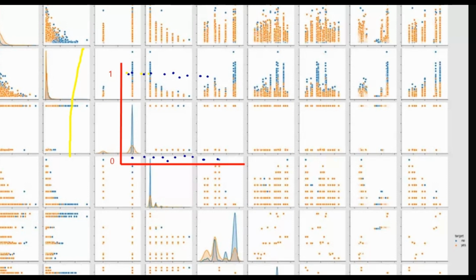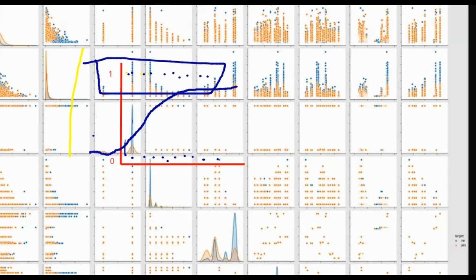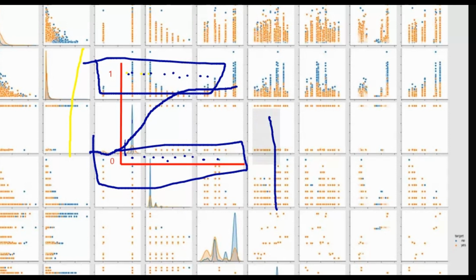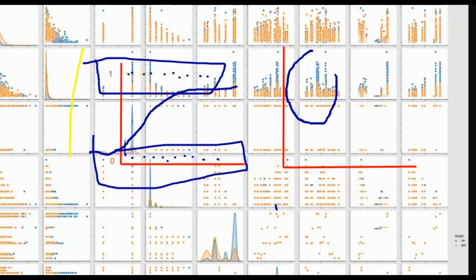For logistic regression our graph looks something like this. So for logistic regression, the value is either 1 or 0. And if you know something about KNN, it is clear that for KNN your values should be grouped,